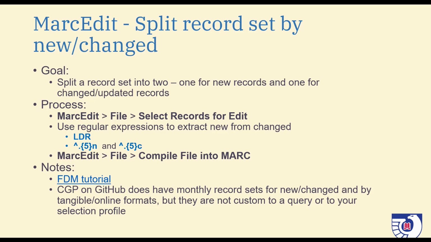Not all catalog record systems can do that, so some require that you have one record set for new records and one record set for changed records because they're going to get processed differently. So I'm going to take a catalog record set and do that split apart manually using MarcEdit, keeping in mind though that if you're in GitHub, you can get the catalog record sets broken apart by new and changed, but you can't